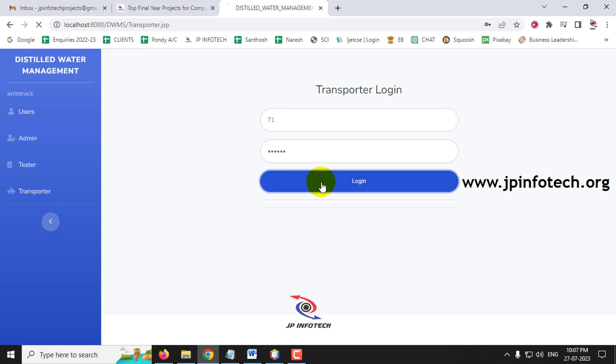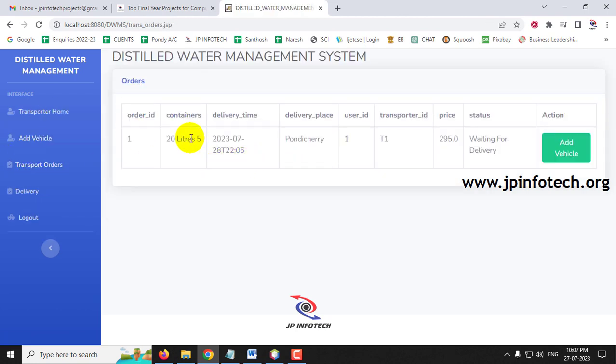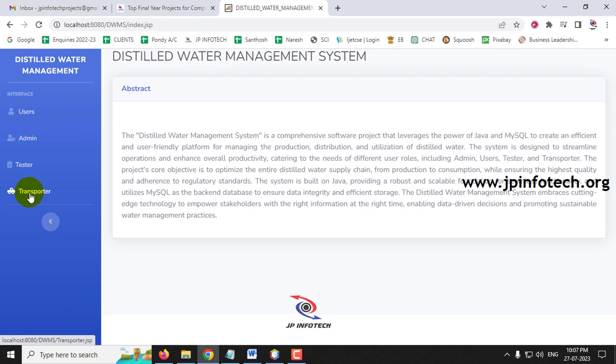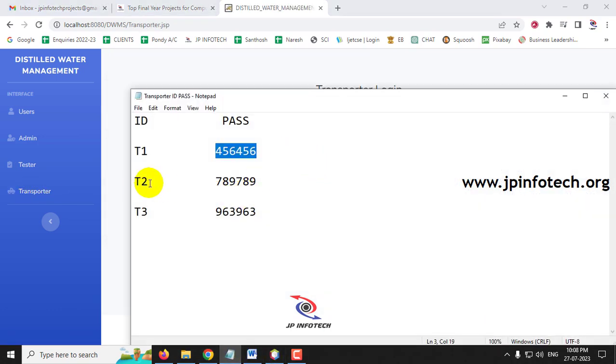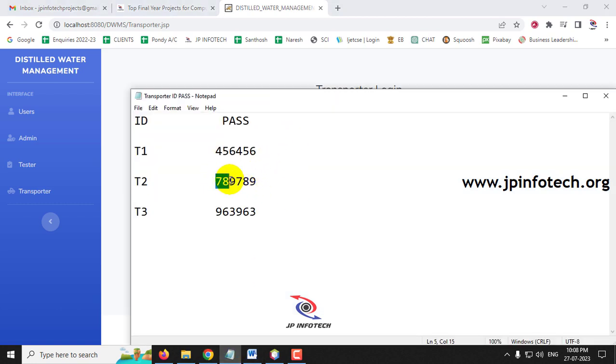Enter the username and password of transporter 1, and if you go to the transport orders, you can see the order that was given is shown in transporter 1. In case, let me log out and go to transporter 2 and show. So let me log in with transporter 2 now